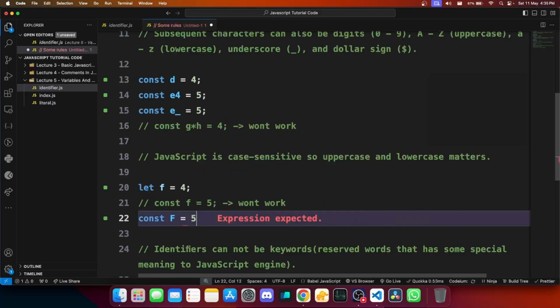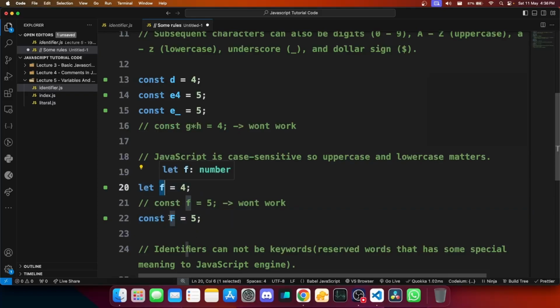You can do something like this. So see, when you do something like this, you are allowed to create a variable like that. Now, if you think about it, f is equal to F. The only difference is the uppercase and lowercase part, and that's where the third rule comes. JavaScript is case sensitive, which means both of these things are different. So when you give small f and capital F, both are different identifiers, and that's why it is possible to differentiate between them,